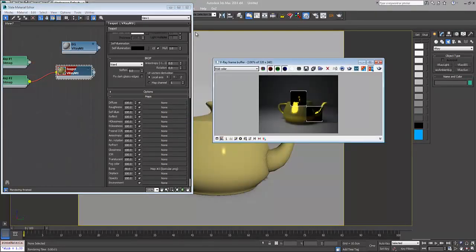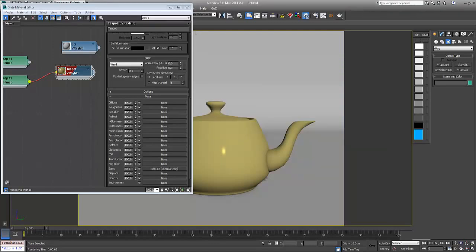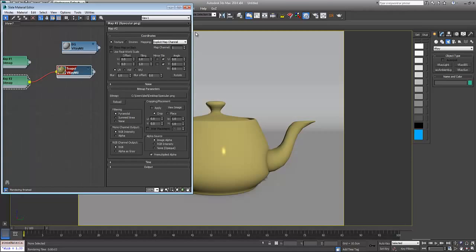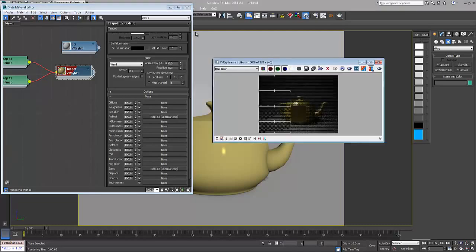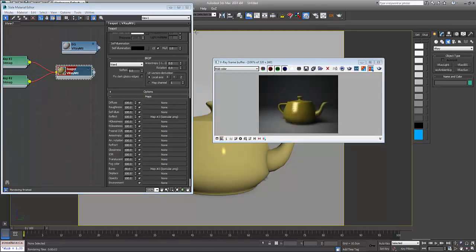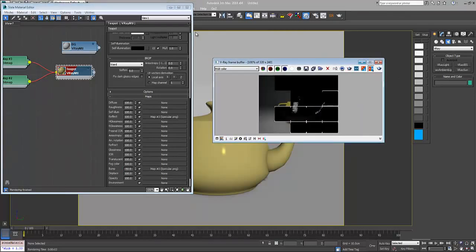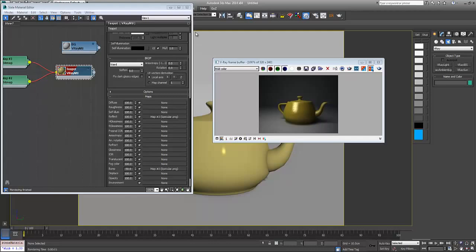Render it, see what you get. Nothing. What is that? Okay. I'm gonna apply it to the reflection too, and then see what you get. Awesome. I'm going to change the bump to minus 50. 100. Really can't see much, so I'm gonna just up the